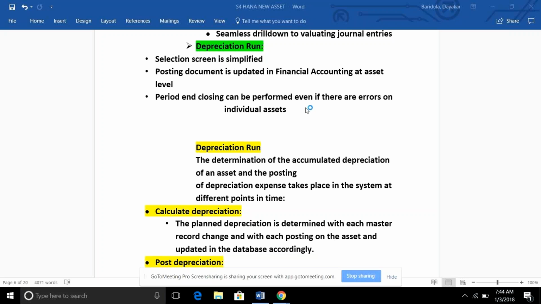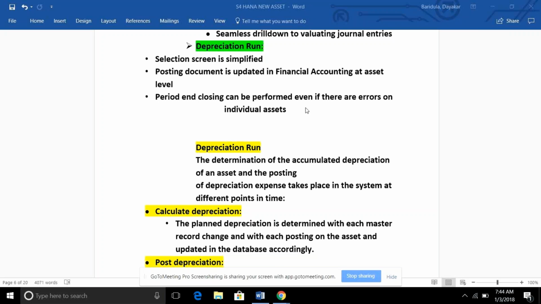Before the year end? Yes, before the year end. So any month you can do it. For example, I run 100 assets and calculate the depreciation for them, and there are 10 assets where I'm facing errors. I can rectify those in the next month, and continue like that till the end of the year. Whenever I want to rectify those things, I can.